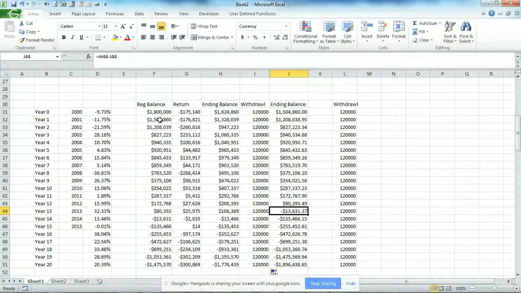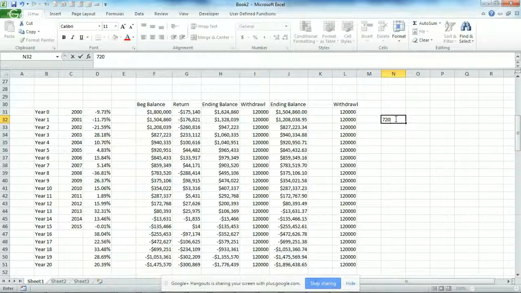So you can basically take $500,000 of that balance and buy an annuity that will give you $720 per month, every month for 12 months. So that's for each $100,000. So then for $500,000, you're going to get